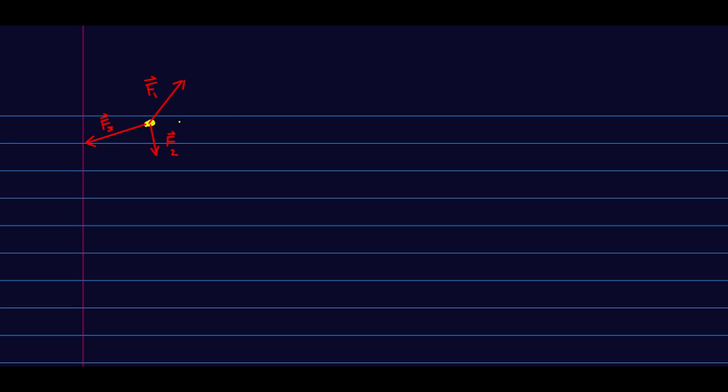Then to figure out which way it accelerates and how much, we don't just need to know how big these forces are, but we need to know their directions. And the acceleration is going to result from a vector sum. So I'm going to just write this as F1 plus F2 plus F3, whatever those forces are, all divided by m. But what that means is that I am taking the vector sum of those three forces